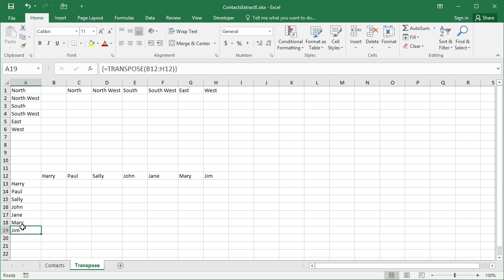So you can see when you look in any of these, the function looks exactly the same as I typed it in the first of those cells, but it has those squiggly parentheses at the beginning and the end to indicate it's an array function. But having said that, it is still a function. So if I were to get rid of Sally and replace her with Mike, Mike then appears in the transpose list. So the two sets of data are still linked to each other,